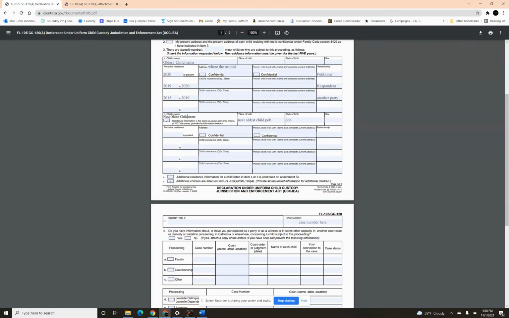Then we have, additional residence information for a child listed in item A or B is continued on attachment 3C.